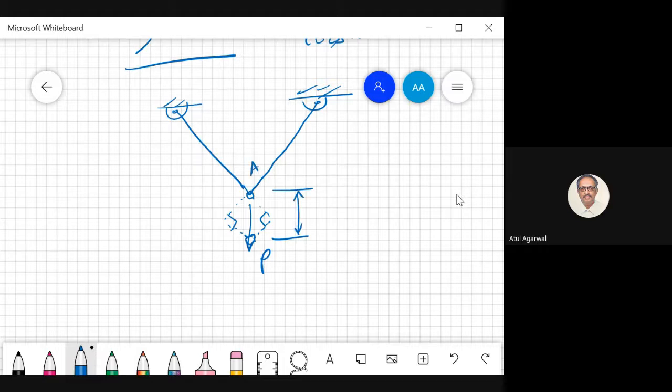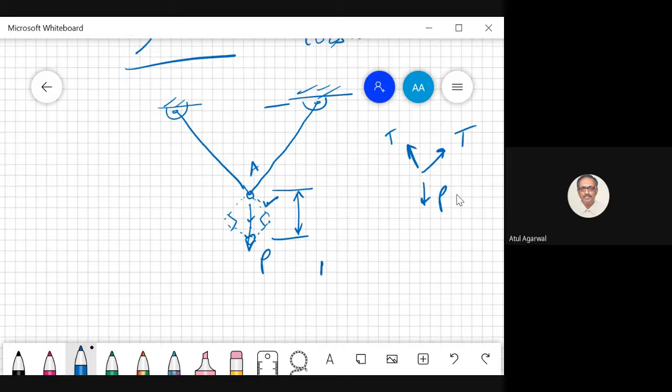So look at how Python has done this, because this distance we know by stretching. If you apply force P here, you come to know what is the tension here to equilibrate. So you can find the stretch in this bar by Hooke's law. Stress upon Young's modulus is strain. Strain into original length gives you the change in length. And you just do some trigonometry and you will come to know there is a relation between this and this, and you find the stretch in the bar. You find the displacement of the force P.